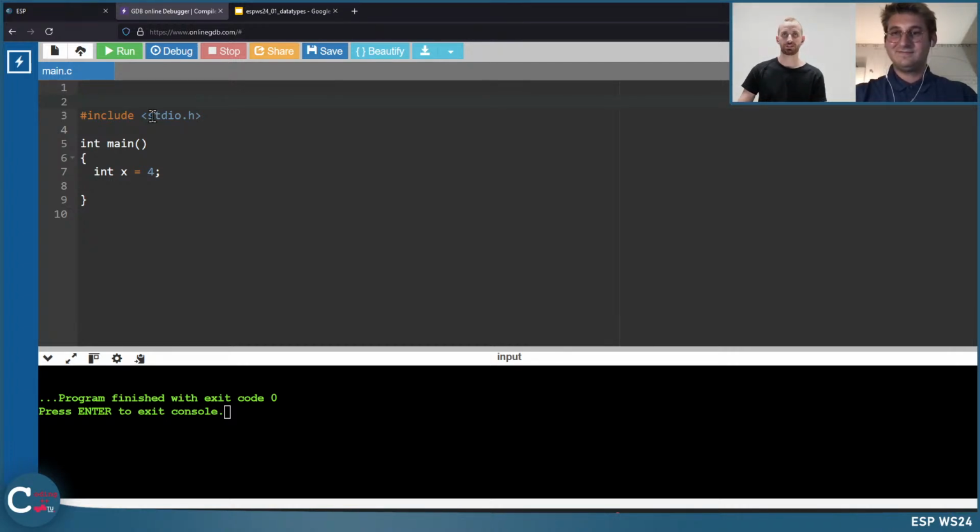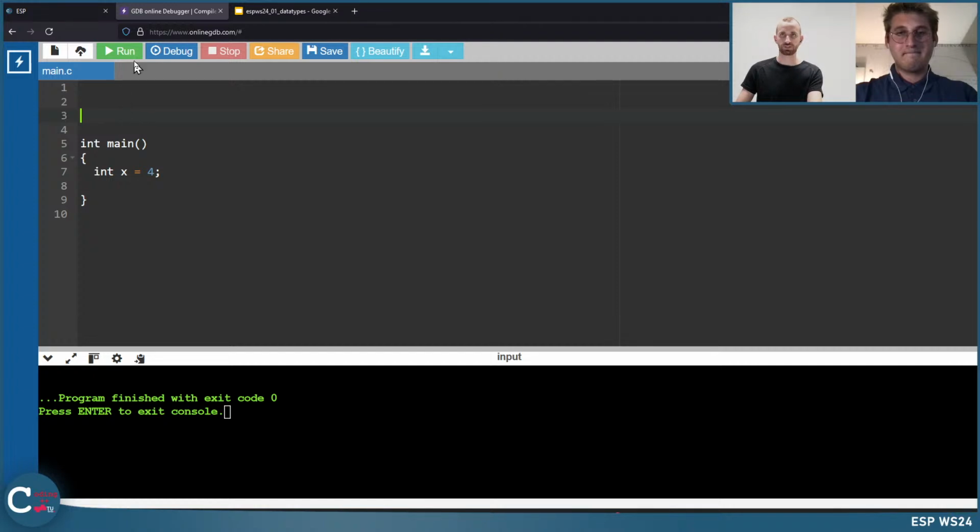And it stands for standard input output .h. In this case, it's a so-called header, and in programming it's called a library. And this is just basically another file where some code is already written.